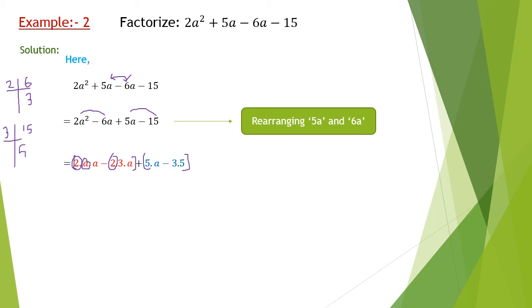So we can say a is also common. What we have to do to the common value is separate it out from the order. You can see that's the factorization of 2a squared, that's the factorization of 6, 5a and 15. Now let's take common